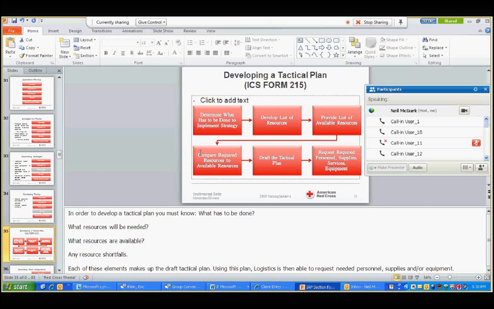And this is where, after you're walking through this, in the next couple slides here, you're going to introduce the actual 215. This is where you're taking all of these steps in the development of a tactical plan, and it's going to be documented on a 215. And that's really what I want the message to be, that it is a planning worksheet. It is a tool. It is not just another paperwork you got to send in.